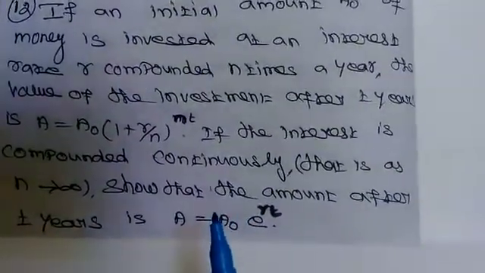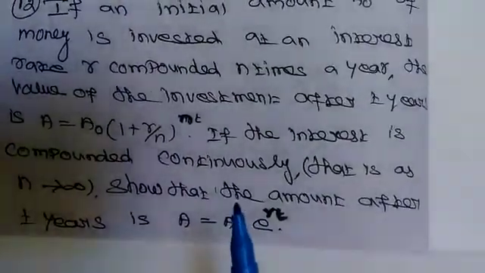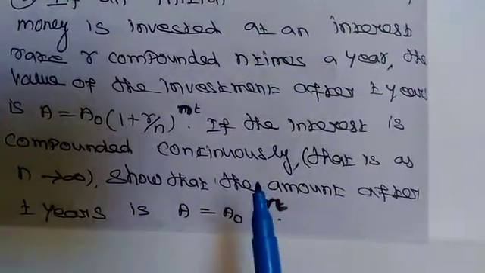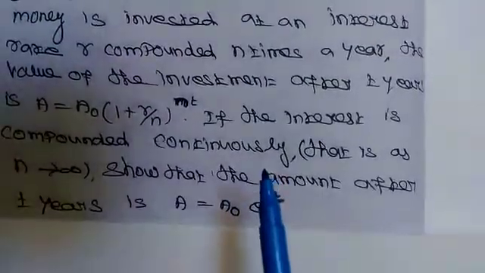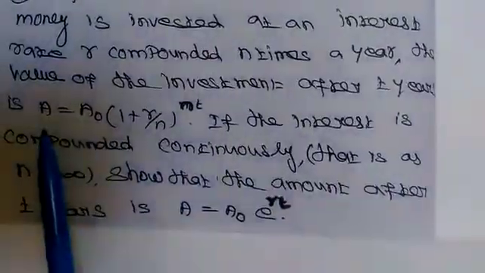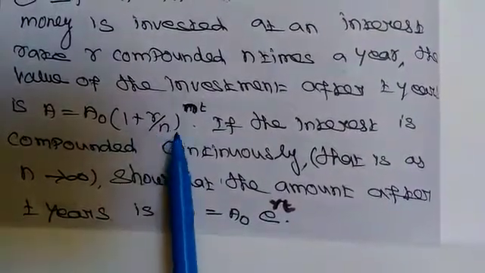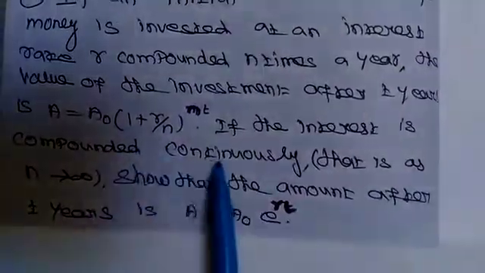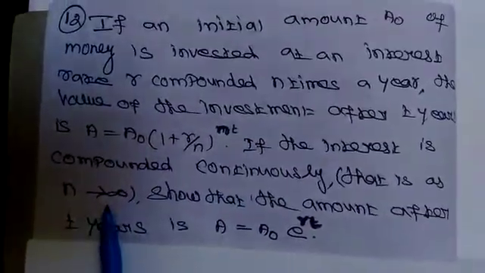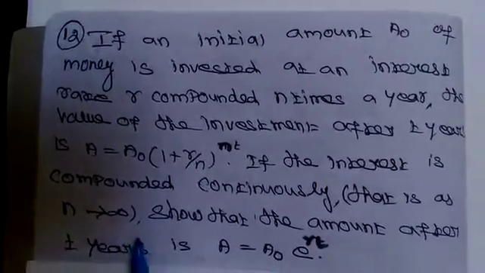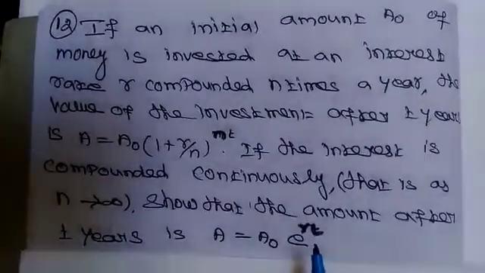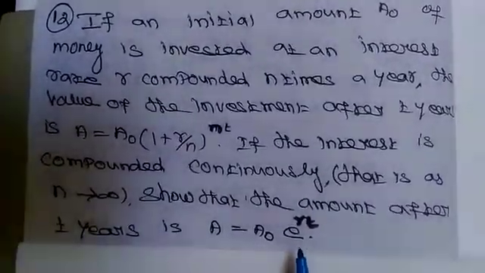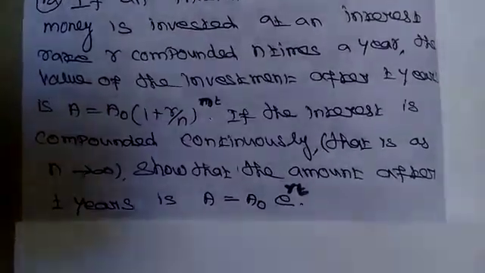So in this question, the amount A0 is invested, the interest rate is r, compounded n times a year. After t years, that amount changes in this format: A = A0 (1 + r/n)^(nt). The interest is compounded continuously, which means we choose n tends to infinity. That is already given in the question. From this, we show that the amount after t years is A = A0 e^(rt). We are going to prove this result. Okay, so first,